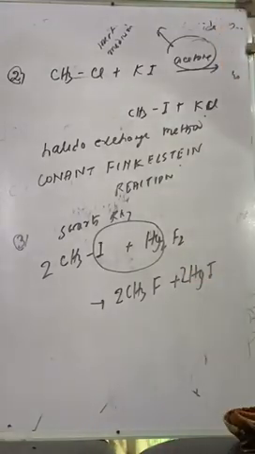The Swarts reaction is the exchange of halide from the higher halide to the lower halide, whereas in the Conen-Finkelstein reaction, the exchange of halide is from the lower halide to the higher halide, and it should always be performed in an inert medium. That is not required for the Swarts reaction, because fluorine is small in size and carbon is small in size, so both interact with each other to form a stable compound. So we have finished three reactions today. Tomorrow we'll go for the next.